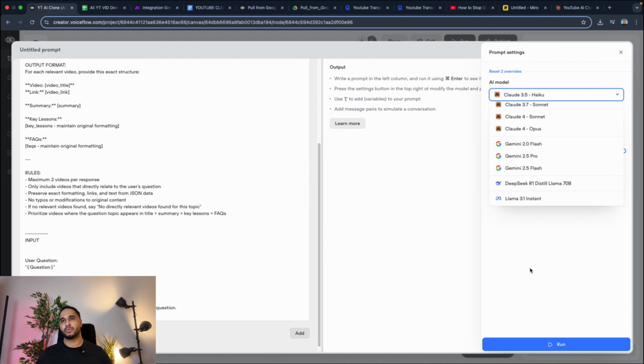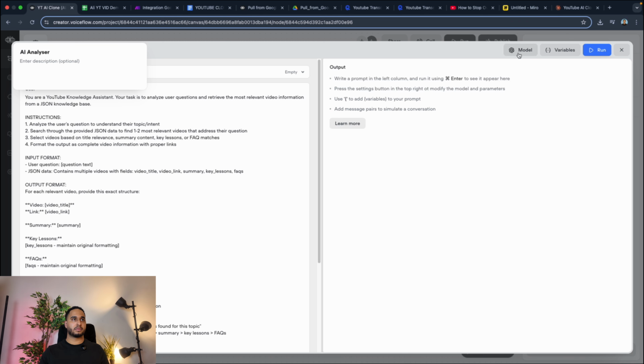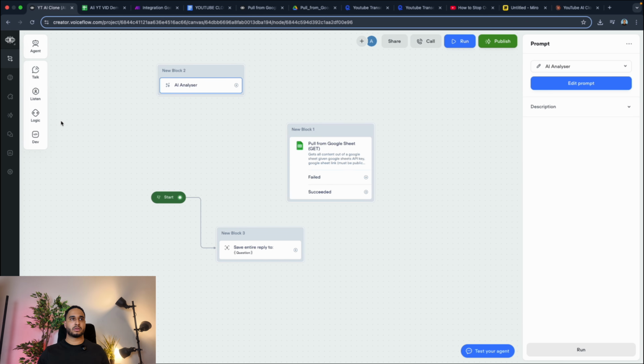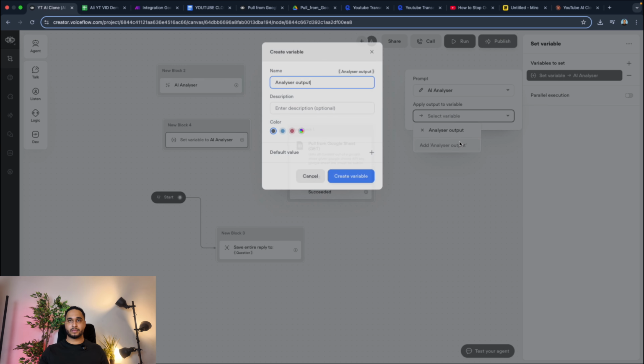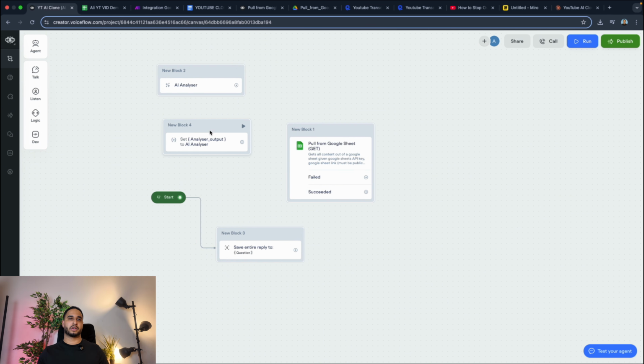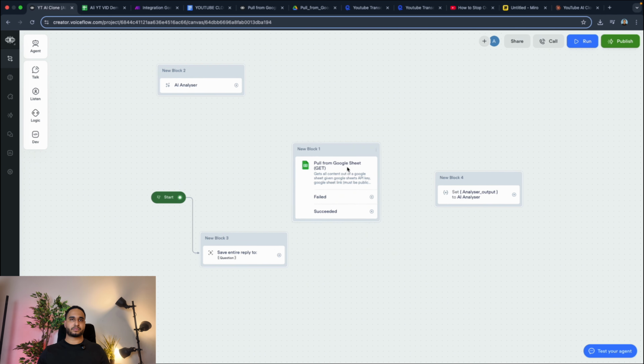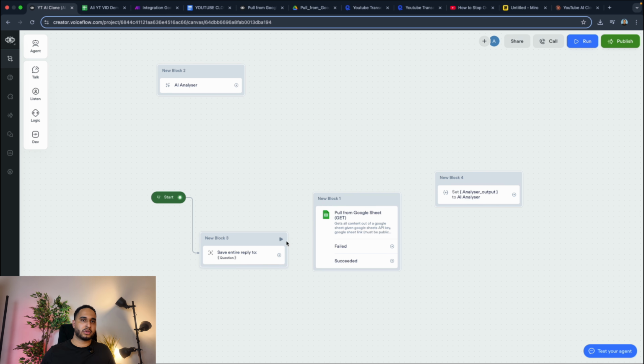In this prompt, let's also give it a name. AI Analyzer. And then we'll go to logic, to set, to prompt, select the prompt. That's what we just created, and whatever the output is from the prompt will be saved in this variable. So analyzer, just name it something, analyzer output. Perfect. So we have the user question,